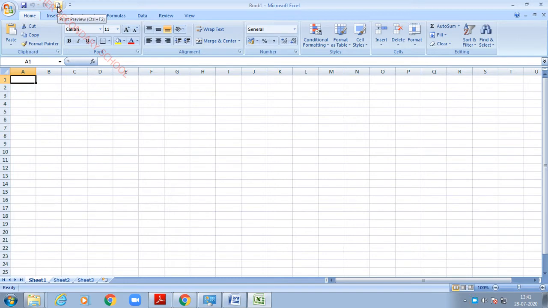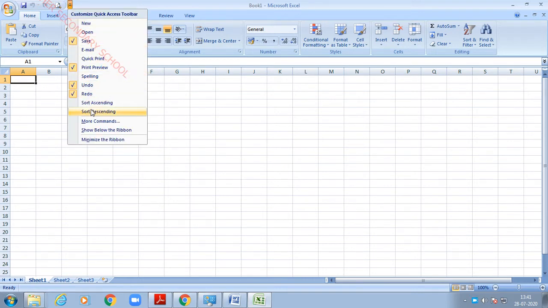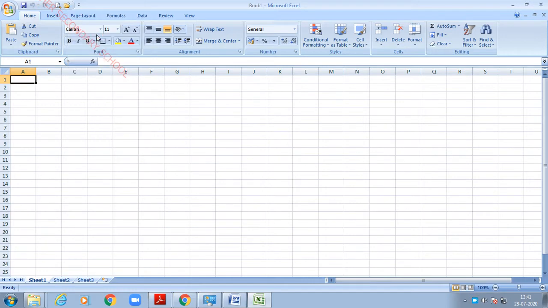Or if you like to add any other commands in this quick access toolbar, you can add them. For example, I am going to add open here. So this open command is added into the quick access toolbar. Why are we adding this open here? We can directly get the open dialog box from the quick access toolbar.